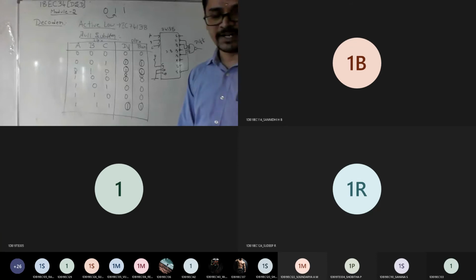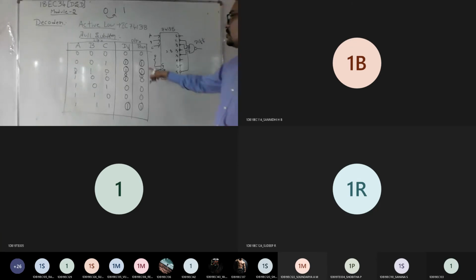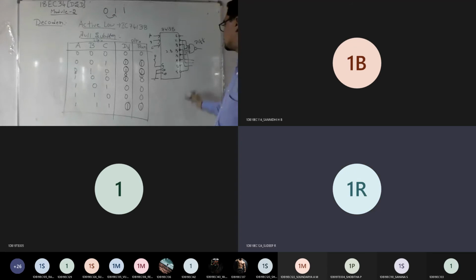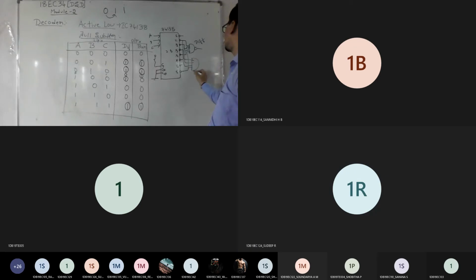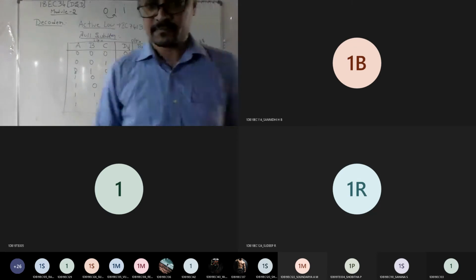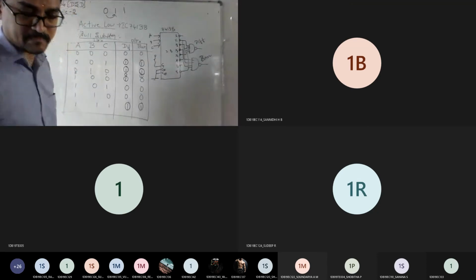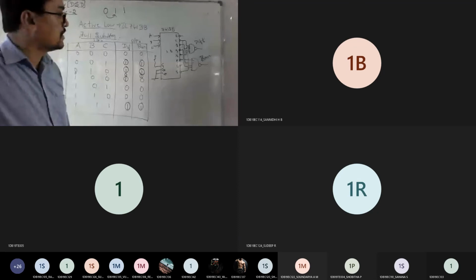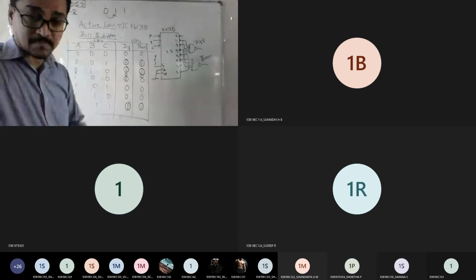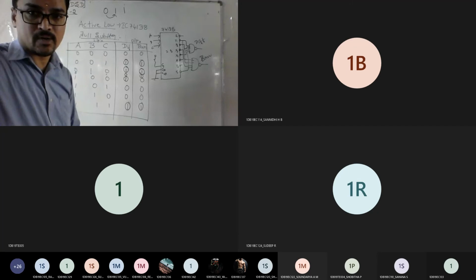Clear? Any doubts on the inputs and outputs? Similarly for borrow, again 1, 2, 3, then 7. So these 3 are given to one more NAND gate, and that becomes borrow. Am I clear with this procedure to everyone? Any doubts here, anyone?